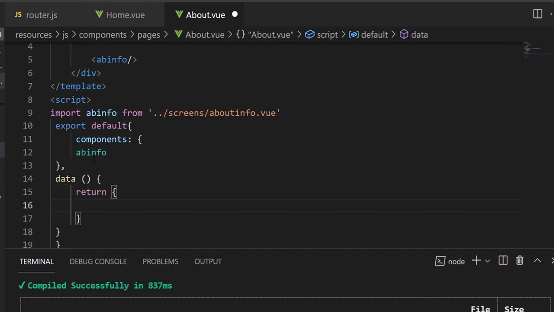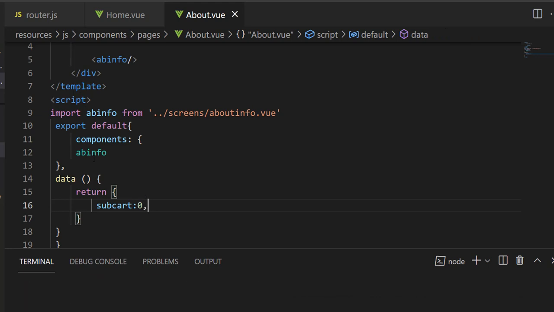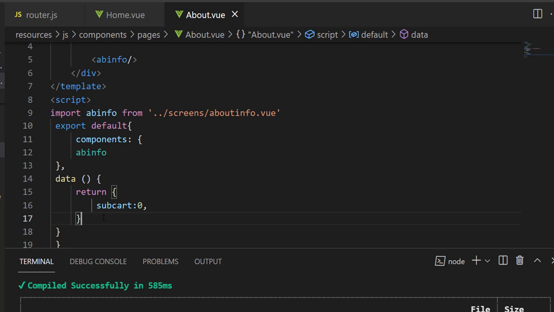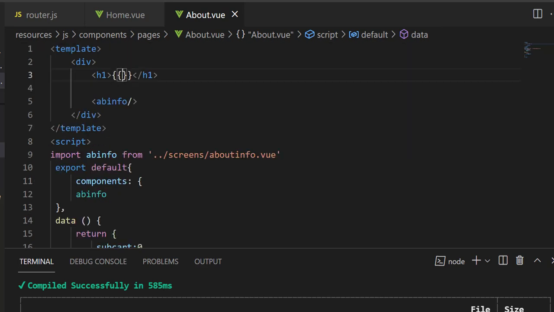And in this data, I'm going to create one for maybe subcat, okay? And then the initial value, of course, is going to be 0. Okay, and then this will be subcat,